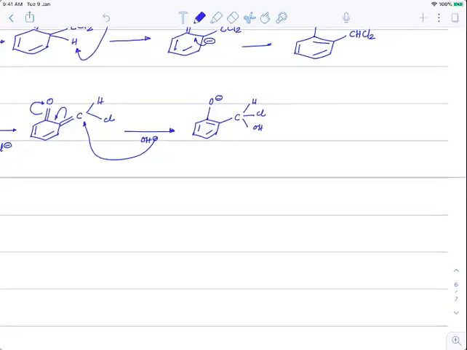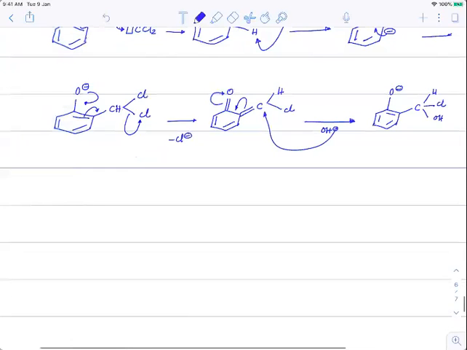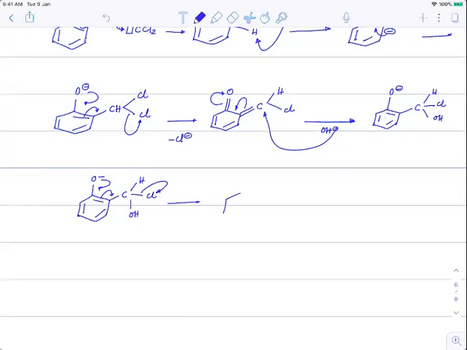So we have a double bond here. See that we got it as O minus this way, C, H, Cl and OH. So again the double bond closes here, this pi will shift here, chlorine will leave. And we'll get double bond O this way with double bond C, H and OH. This is what we got.